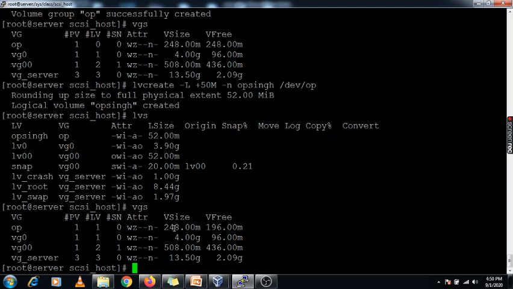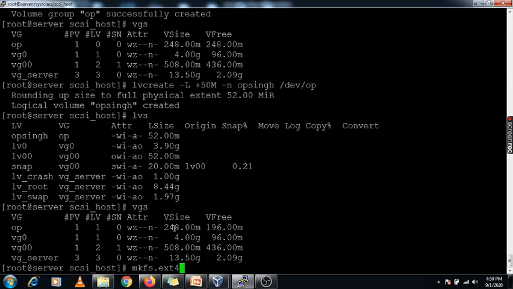Now I am going to format it using this mkfs.ext4. This is my Red Hat 6 server, that's why I am using this file system ext4. If this server is having Red Hat 7, then you can use xfs.